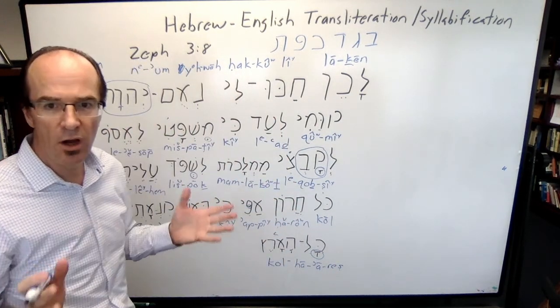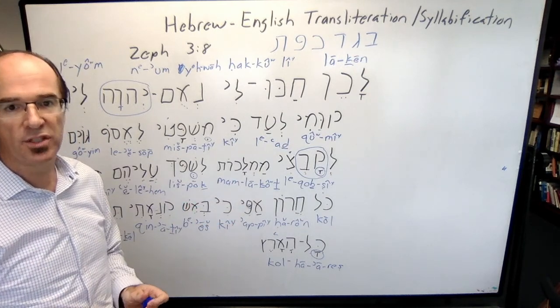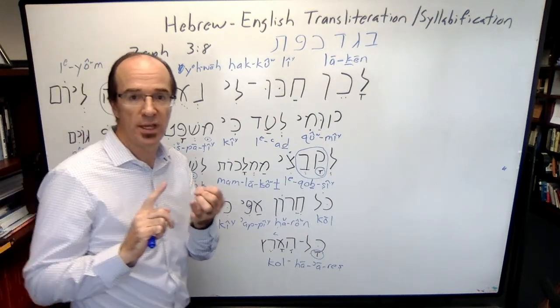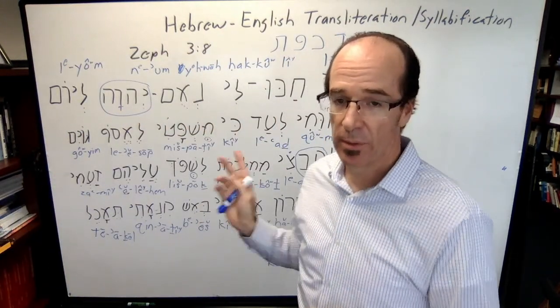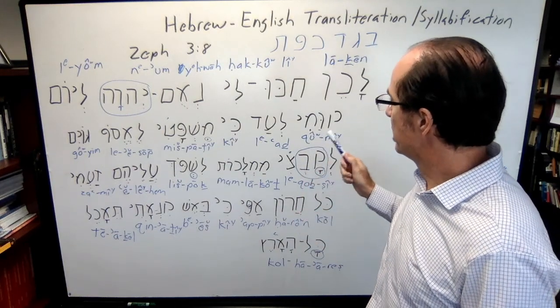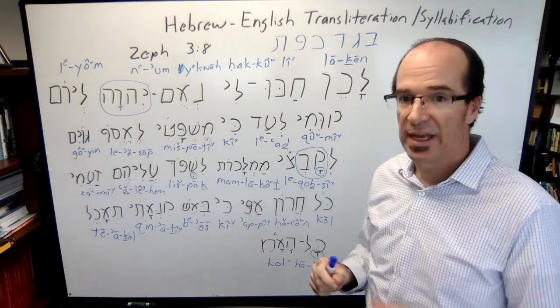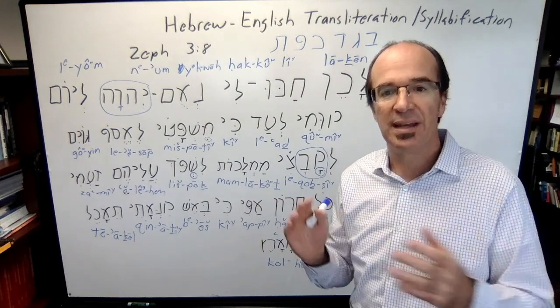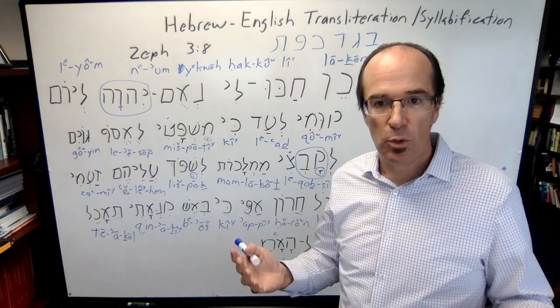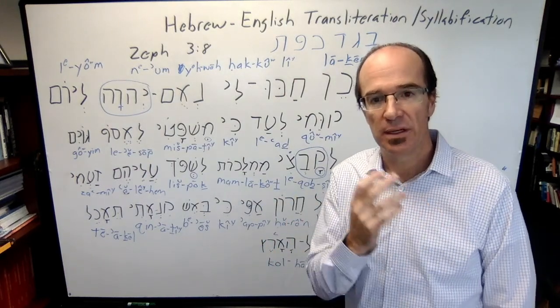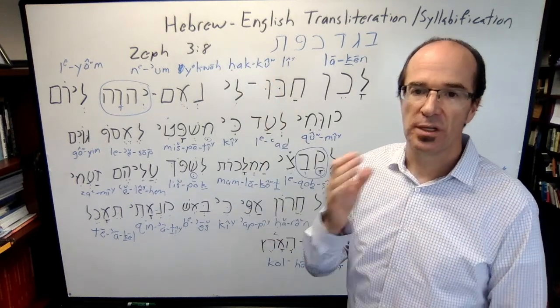All right, there you go. That's the transliteration of Zephaniah 3:8. Again, this will let you know if you understand the shewa rules, the begadkephat letters, recognizing some of the pure long vowels, and practice this. And when you can do Zephaniah 3:8 easily, you are probably well adapted and adept at Hebrew transliteration and